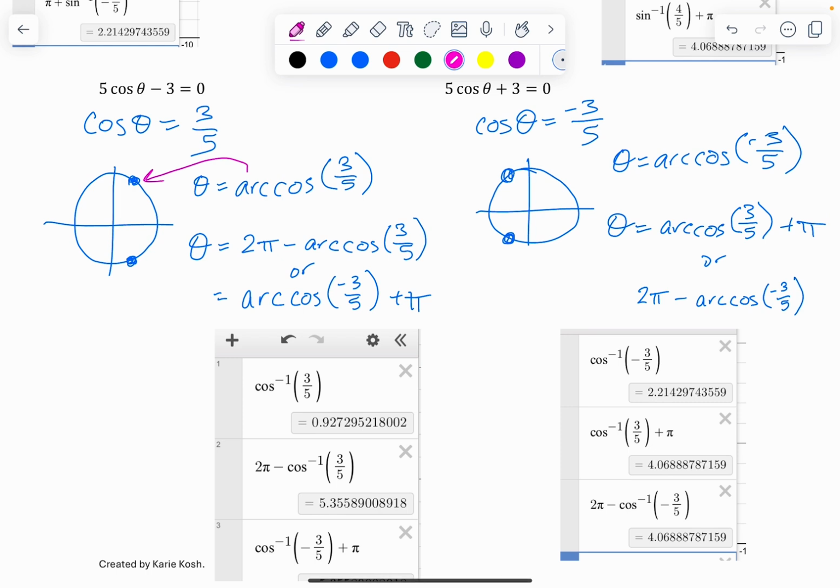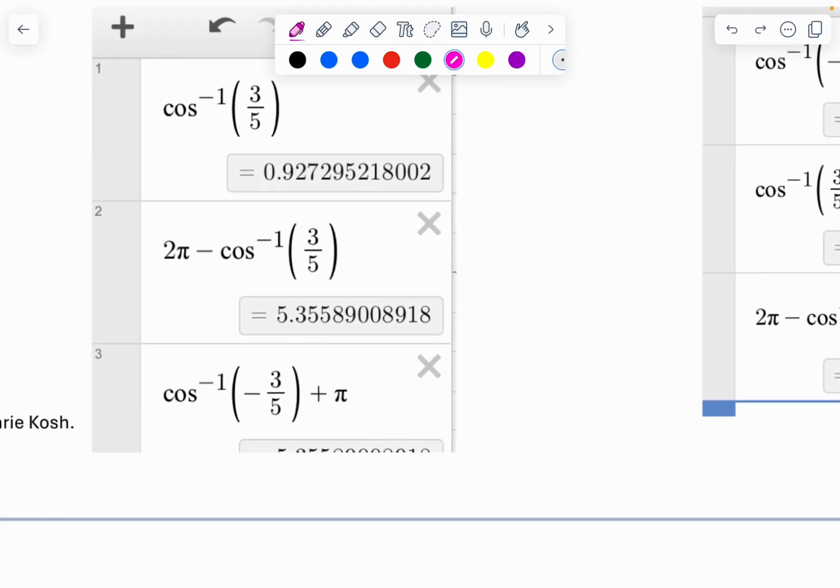And so then you have different ways to generate this one. Either we could come out to 2 pi, so go all the way, and then back it up this much, arc cosine of 3/5. Or you could say it's the negative, which puts me here, and then I add pi. So this is arc cosine of negative 3/5, and then I add pi, and now I'm in the correct spot. I hope this is making sense. And then my decimals,